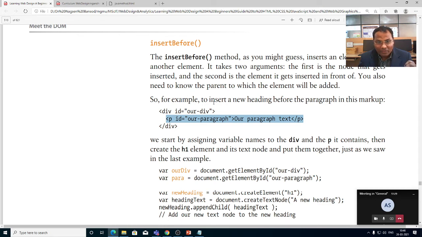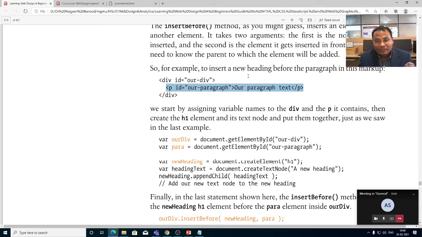So for example, insert a new heading before the paragraph in this markup. Div tag, with the id value ourDiv, paragraph with id equal to our paragraph text, paragraph close and div tag close.